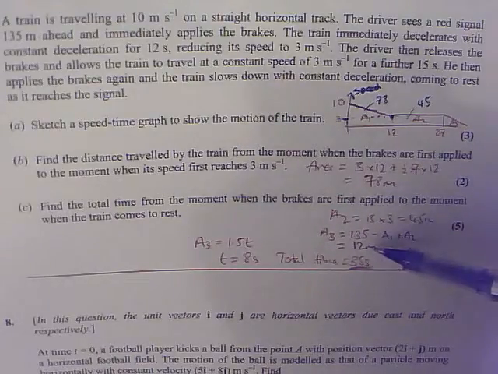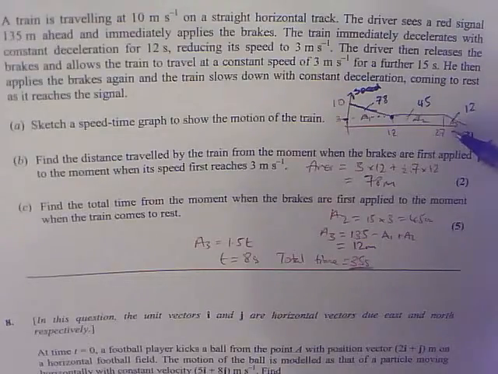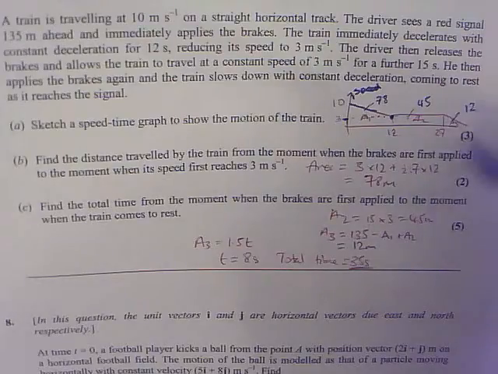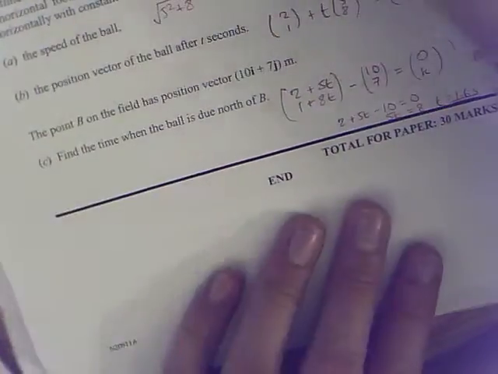And it's a principle I apply here. So A2, I've written as 15 times 3, which is 45. A3 is 135, take away the other 2, and so this area is 12 meters. So we have a triangle which has an area of 12, i.e. the distance travelled for this section is 12, height is 3, so you can work out from that the base is 8. Half